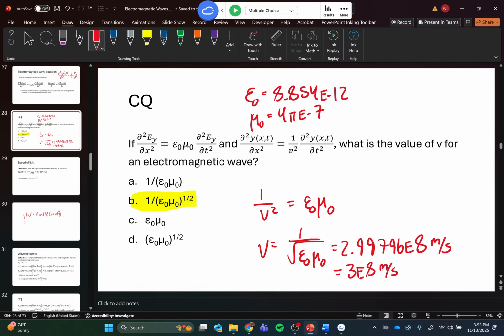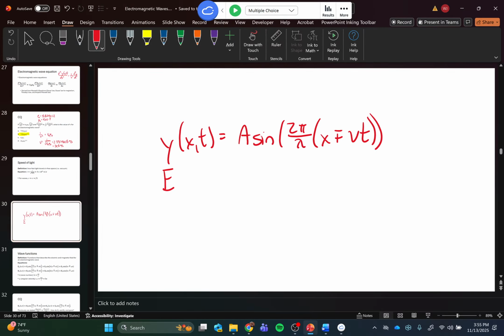Now, the electric field is a vector. That matters. But for now, whatever. So the electric field is a function of x, and this is the electric field in the y direction. So that's something important here. This is a vector, so this is the value of the electric field in the y direction across x,